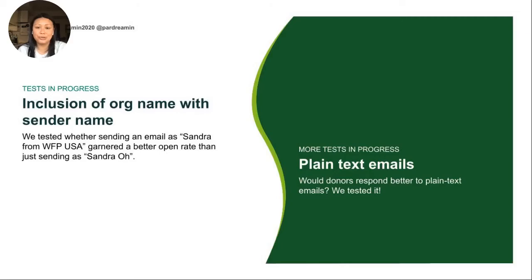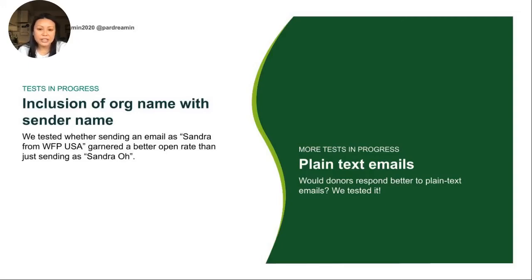Test in progress. So we're always testing. Every email that we send has a test attached to it. So we're testing to see if it's worth it to include the organization name with the sender name. So right now we have a split test between Sheridan from World Food Program USA or just Sheridan Marfil. Right now the preliminary is showing that just my name works better than having the